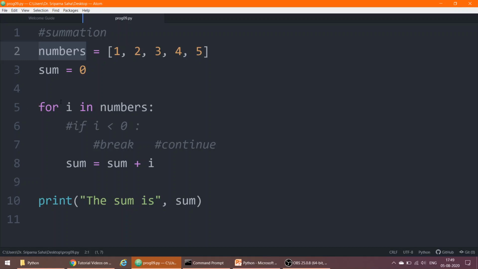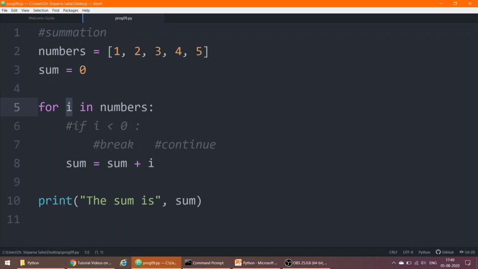So that is for i in numbers: in the numbers variable, the first element will be taken at the first instance of the for loop execution, then the second element, then the third, then the fourth, and then the fifth. This is how this local variable will change its values.